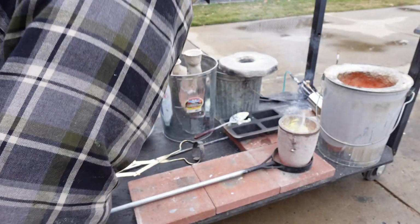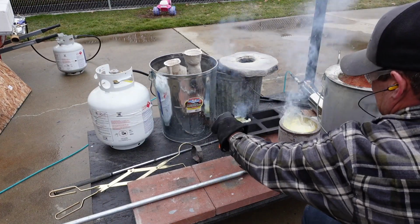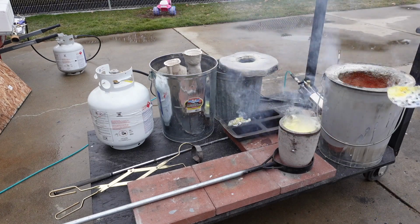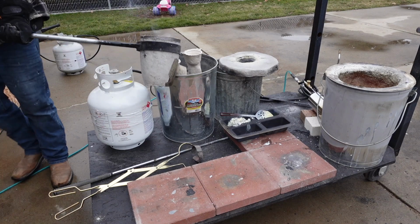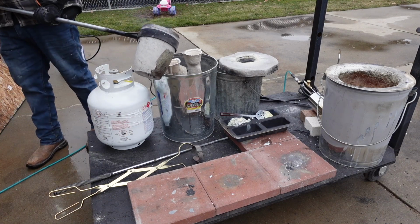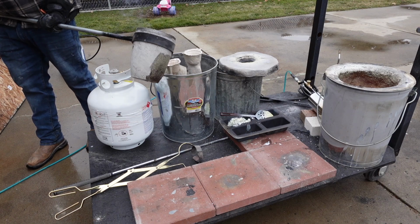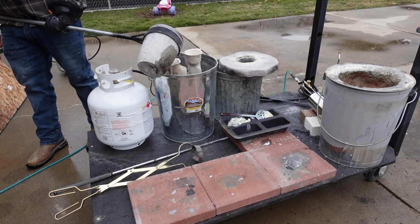Anyway, these are all tools that I made for the casting process. Most of those tongs were for a fire pit, fire logs, and I just welded some fingers on them, and they work really well. They're limited in the weight that they can handle, so I might build something a little heavier duty in the future. So anyway, we'll go ahead and pour that in,